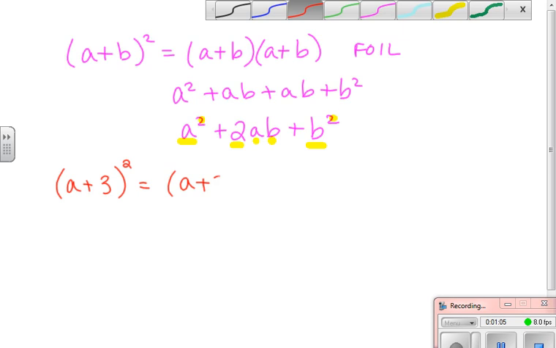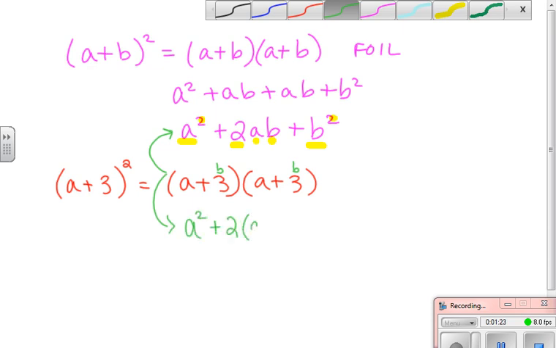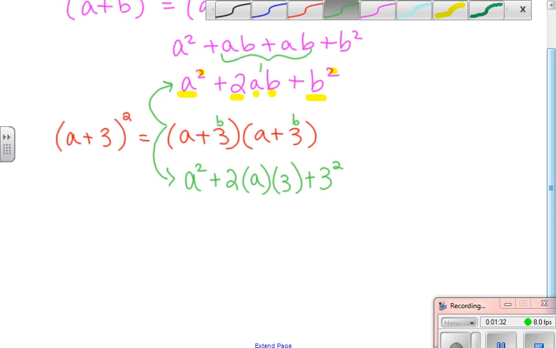and have a plus 3 times a plus 3, but what I would like you to be able to begin seeing is that this 3 is really your b, and I could go straight to this pattern of saying the square of the first thing plus 2 times each of the things plus the square of the last thing. And that basically condenses this piece right here, and so I end up with a squared plus 6a plus 9, where I still have a perfect square in the front and the back, and this is twice the product of